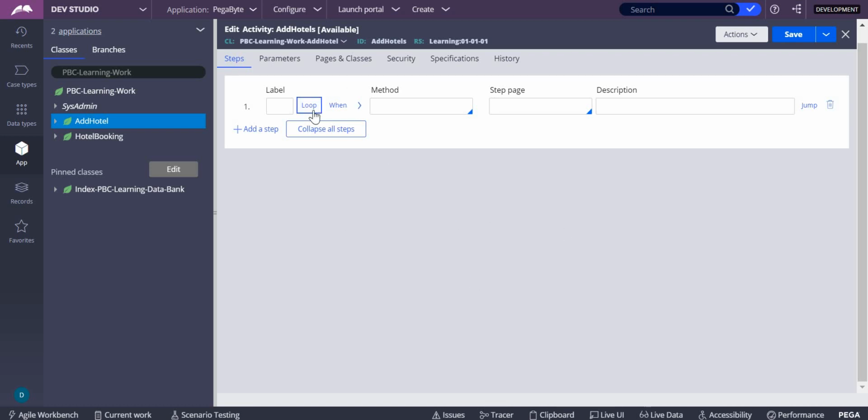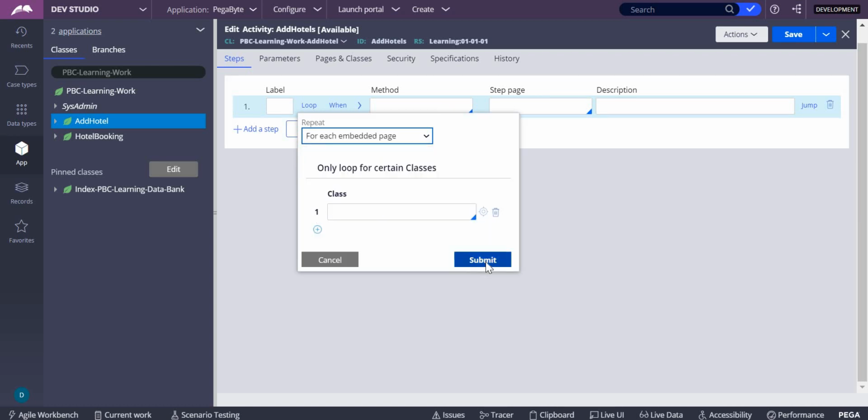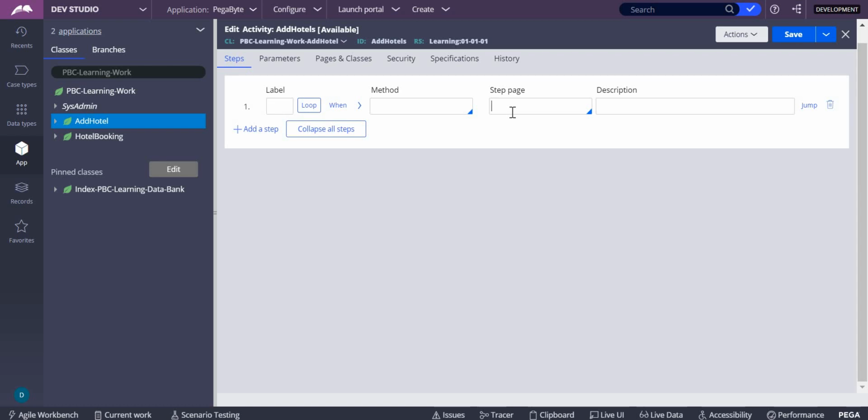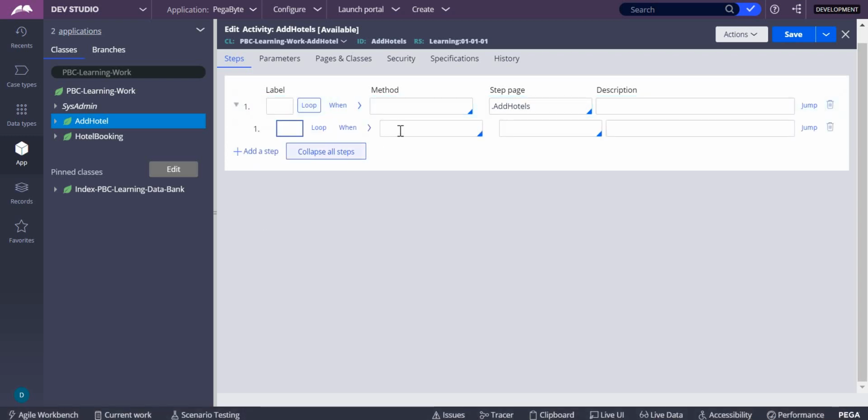For that I'll go for looping because I have multiple records, right? So I'll loop this. Multiple records, loop, and here I'll write the property which is there, add hotels. From here I'll add one child step, add child.